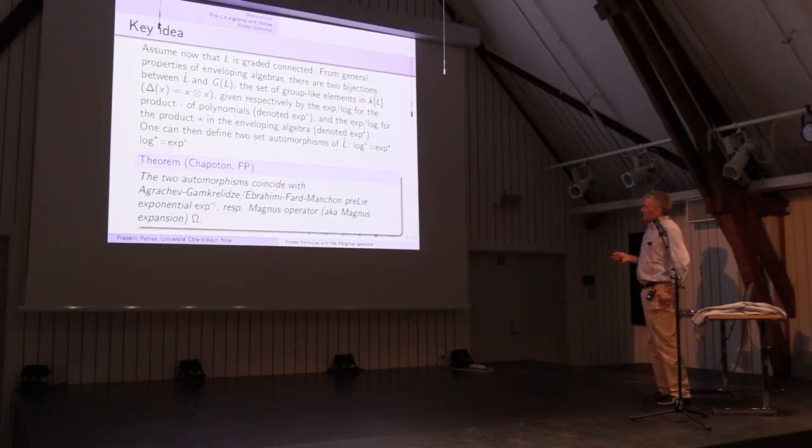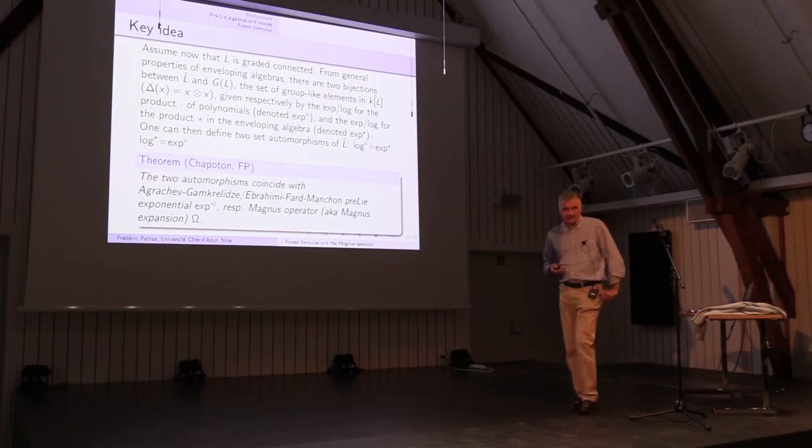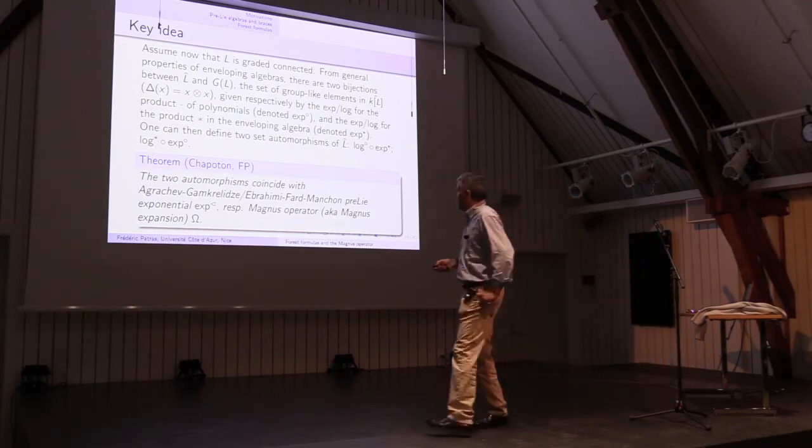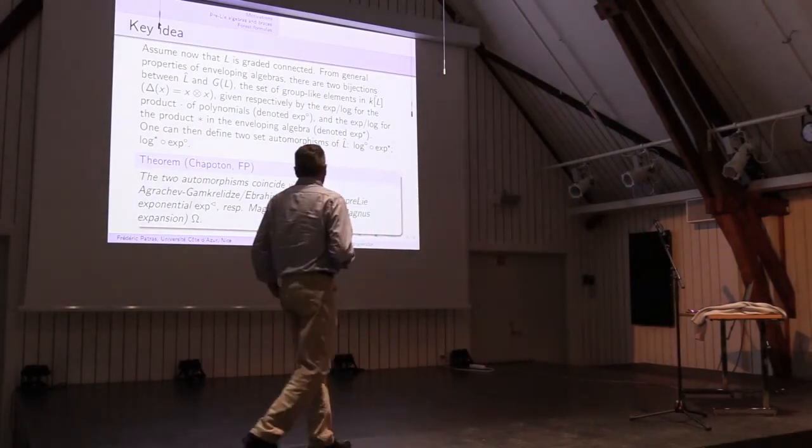And in particular, when you move from the Lie algebra to the group, so this is standard in Hopf algebra, or in enveloping algebras, you can move from the Lie algebra to a group that is associated to the completion of the enveloping algebra using the exponential map, and you can go from the group to the Lie algebra by the logarithm. So this formalizes the classical link between Lie groups and the algebras in algebraic terms.